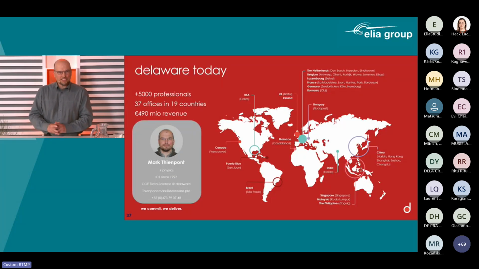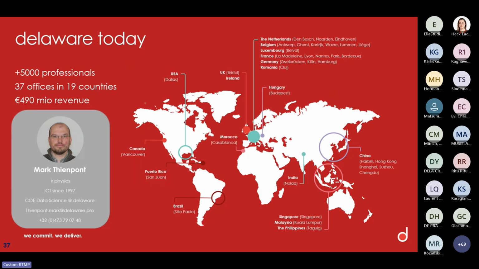Maybe first of all, where is this coming from? I'm working for a company called Delaware. We are providing IT services to businesses, really focused on business processes. So we do not really want to go into chemical engineering or material science. It is really business process optimization, or implementing ERP systems. Four years ago, as I have a degree in physics, I got the question from the partners: there's a lot of fuss around quantum computing, maybe there is something we can apply towards business processes that has added value versus something that we don't have today.